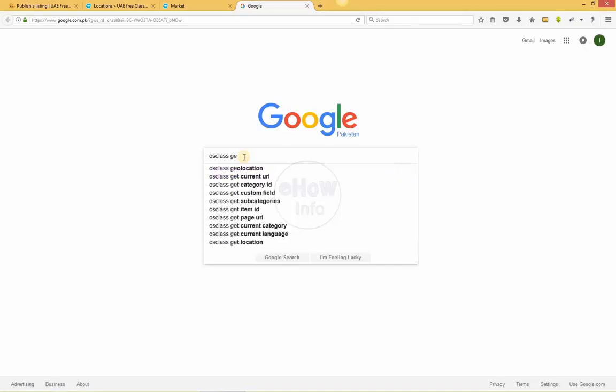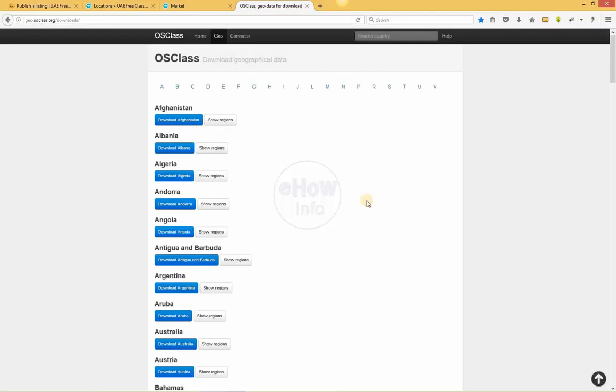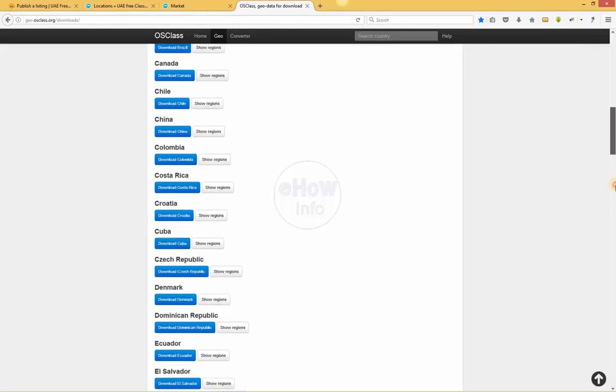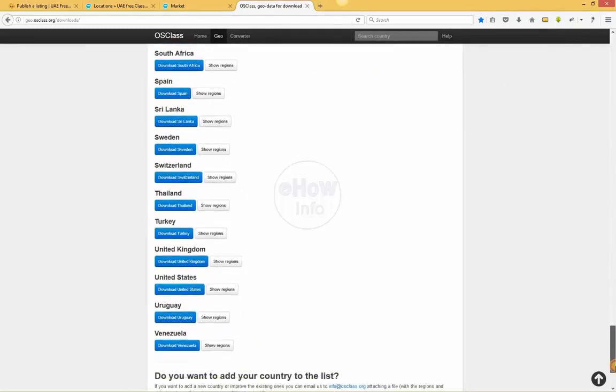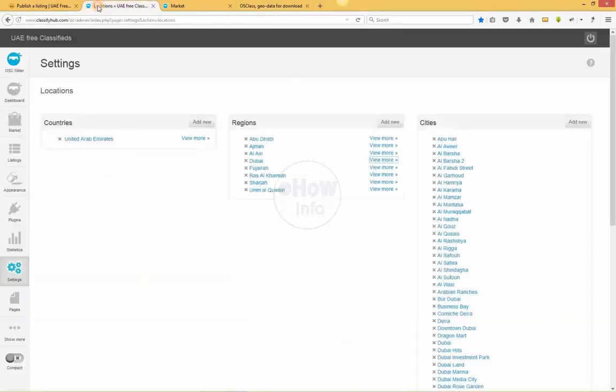This is the geodata for OS class. You can see it is listed alphabetically. So Afghanistan at the top, Albania, Algeria, Andorra. So you can download this into your website, your OS class script.